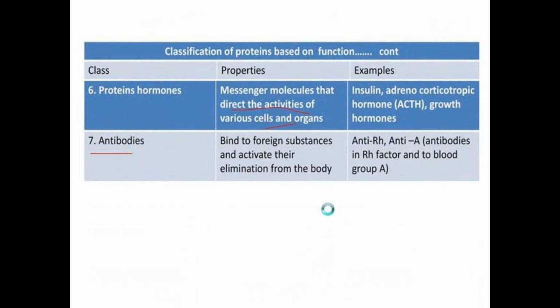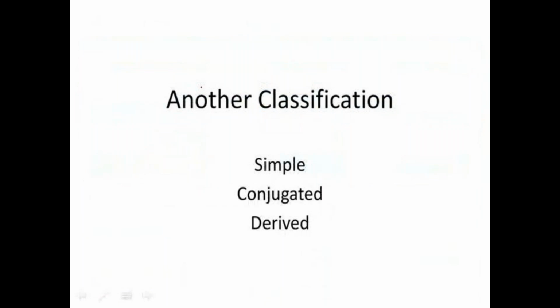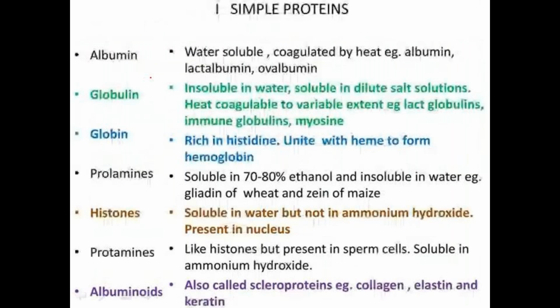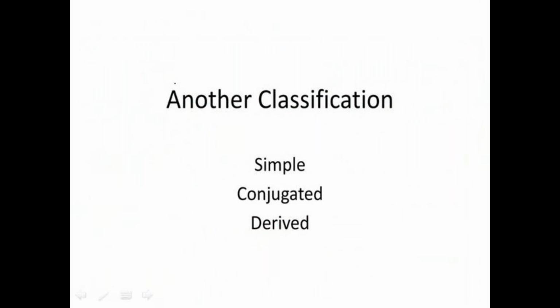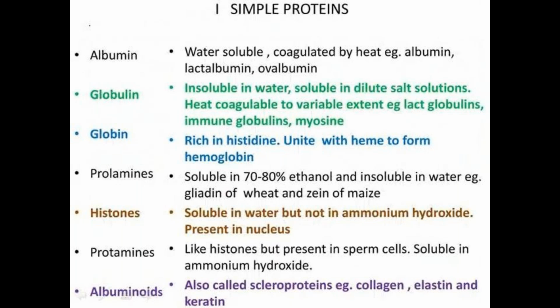That are mainly classified based on the physical properties and also based on the functions. Another classification is also there, and that can be classified into simple proteins, conjugated ones, and derived proteins. What are simple? Albumins and globulins, histones, protamines, and these are mainly forming the complex. And derived proteins are